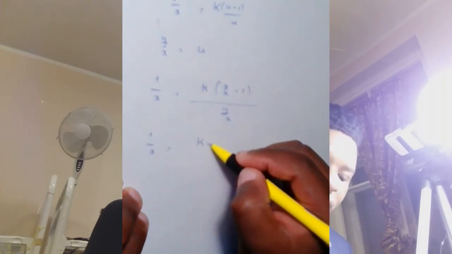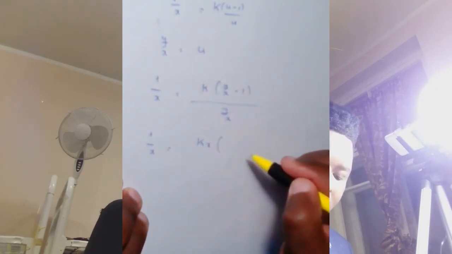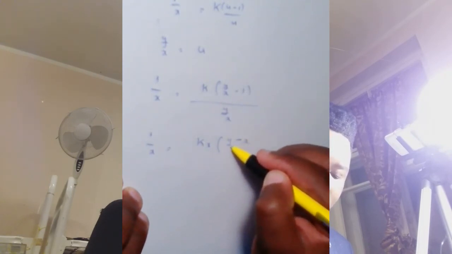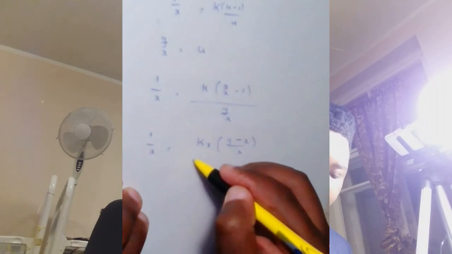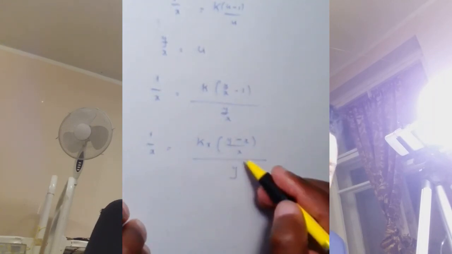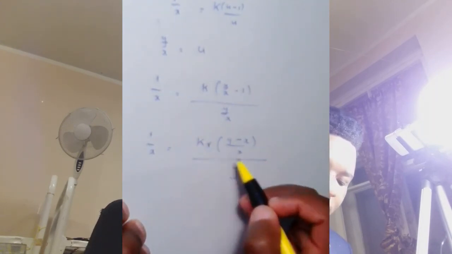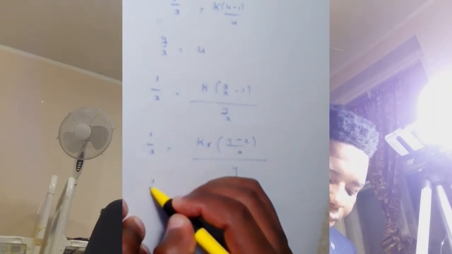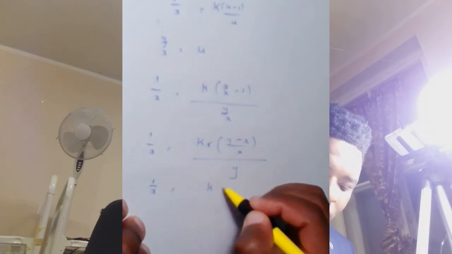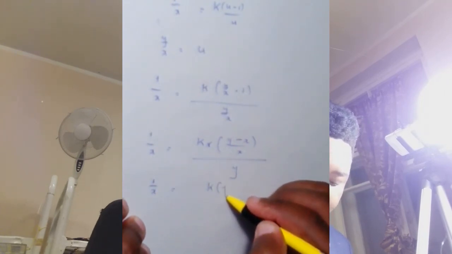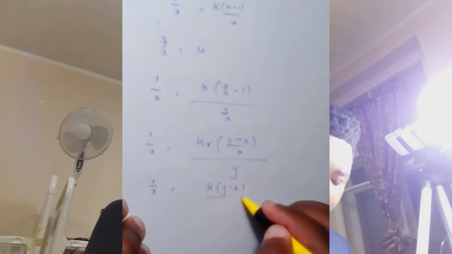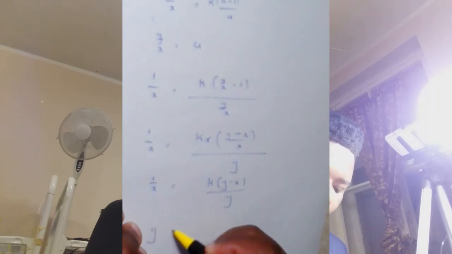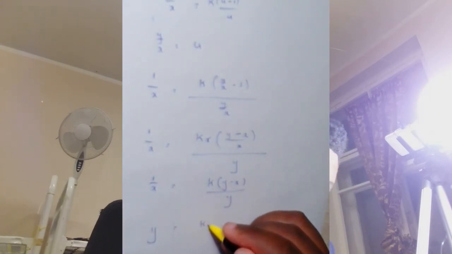Then this will multiply by x, and I'll have (y minus x) over x, all divided by y, and this cancels this one, and I'll be left with 1 over x equal to k multiplied by (y minus x), all divided by y, and this gives me y equal to kx